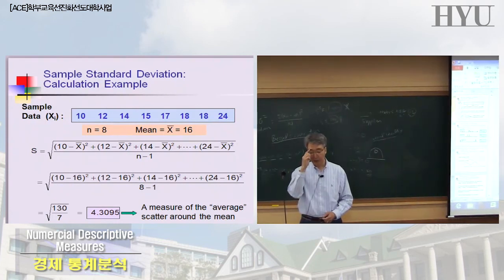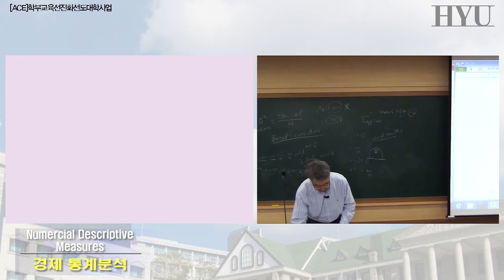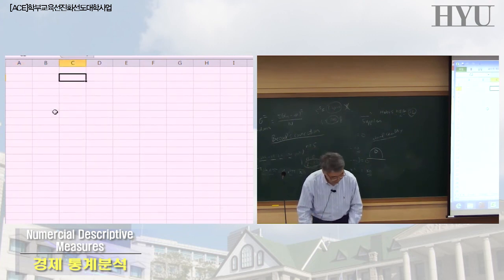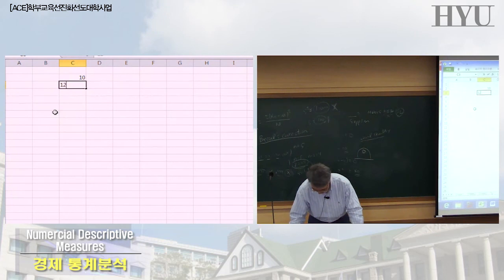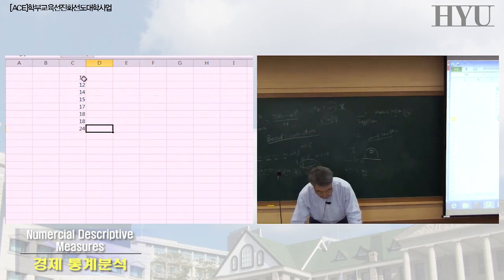But in most cases, for practical cases, you should use Excel. Let me just show you. Just give me 1 minute here. All right, so we have the numbers: 10, 12, 14, 15, 17, 18, 24. When you have these numbers, all you need to do is choose any cell and